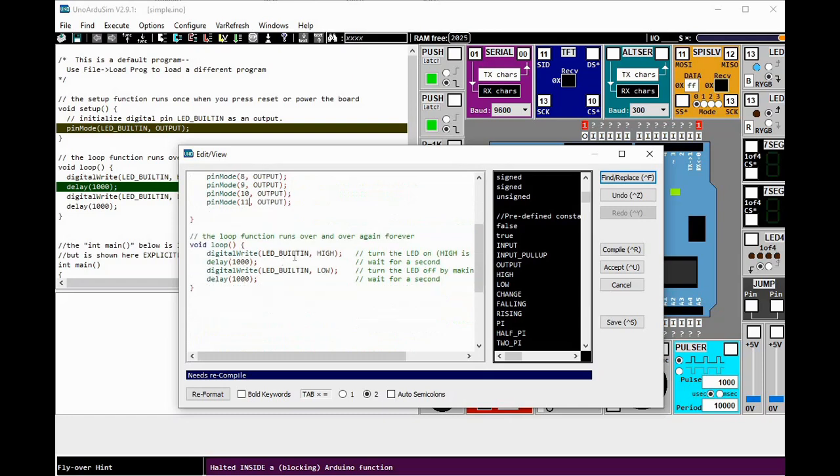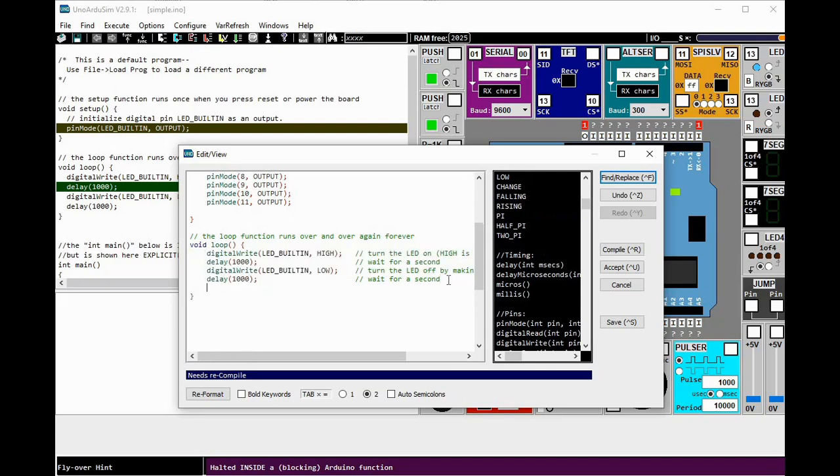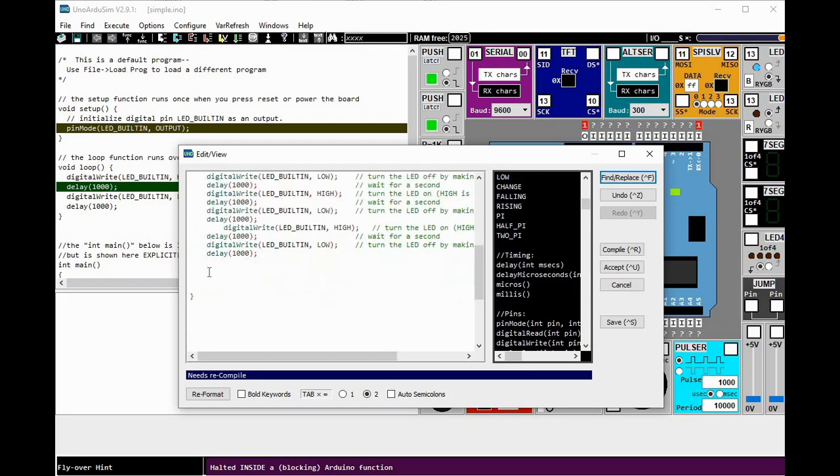Then same with this command, we're just going to copy. So this will be for pin 4, pin 5, pin 6, pin 7, pin 8, 9, 10, 11.